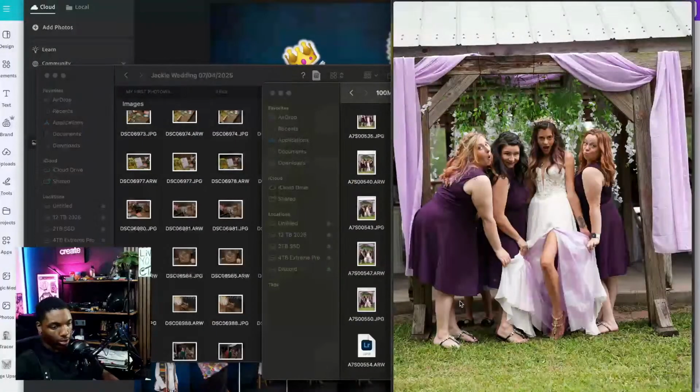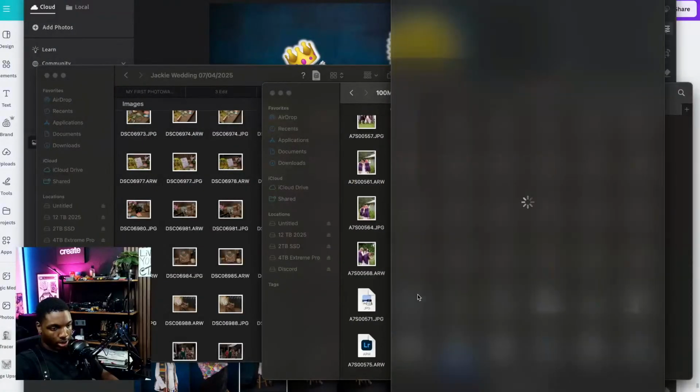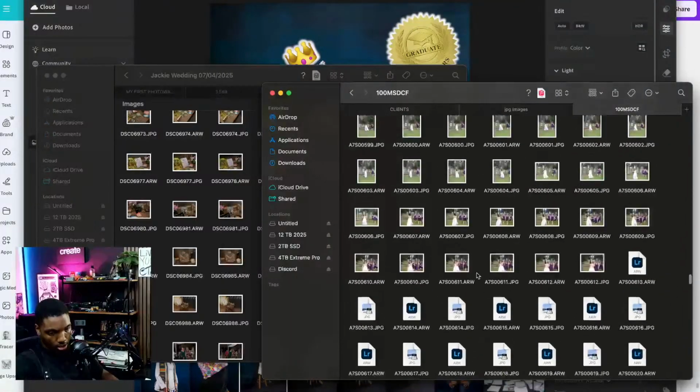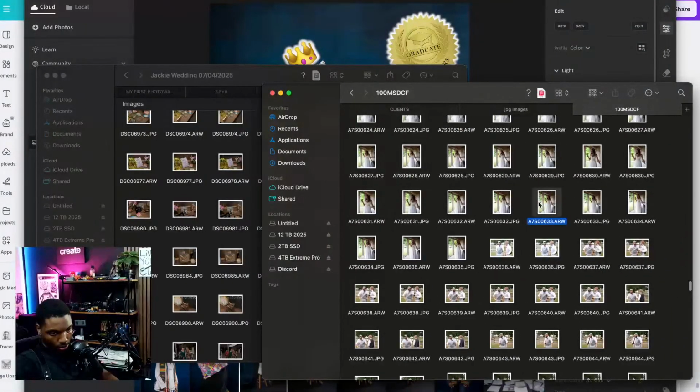I usually do this in Lightroom though. I usually put all of them in Lightroom and just delete from Lightroom, but I'm bored right now. Nah, I'm not really bored. I'm joking, but